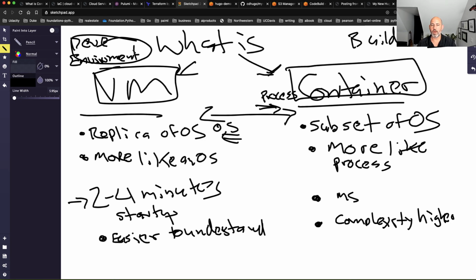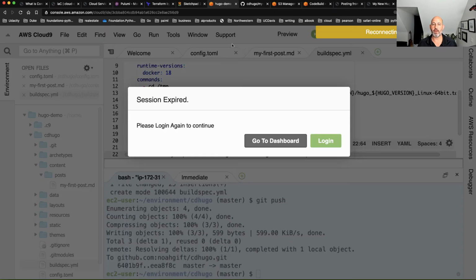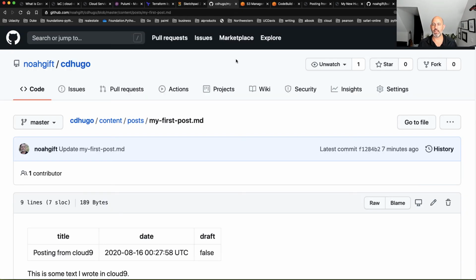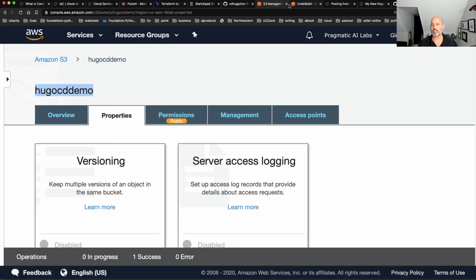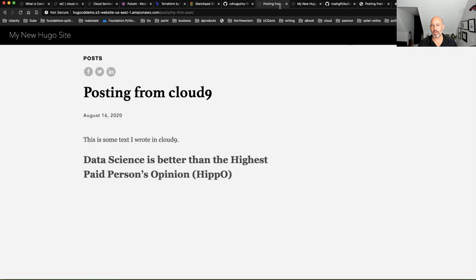Let's say that you want to do this on any cloud platform, AWS, Azure, Google Cloud. One of the things to be aware of is, what are you going to do with it? How are you going to use it? If it's fully managed, like in the case of Cloud9, that's awesome. I'm just going to let that one go. That's an awesome way to do it. But a lot of times you'll have to tweak it a little bit.